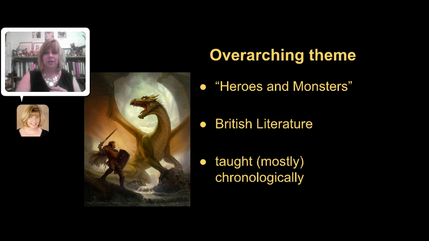Again, we'll be focused on British literature, and I teach this mostly chronologically, so we start with the earliest pieces and then work our way up. And I do this because the British literature is really self-referential, so Canterbury Tales refers to the things that happened in King Arthur and the Arthurian legends, which refers to some of the things that happened in Beowulf, so it all kind of feeds in on itself. So sometimes it's easier to understand this material if we start it in order and work our way up through, rather than the thematic approaches that we've used for other English classes.